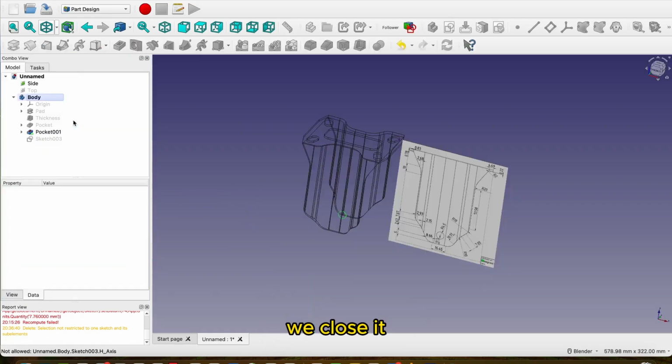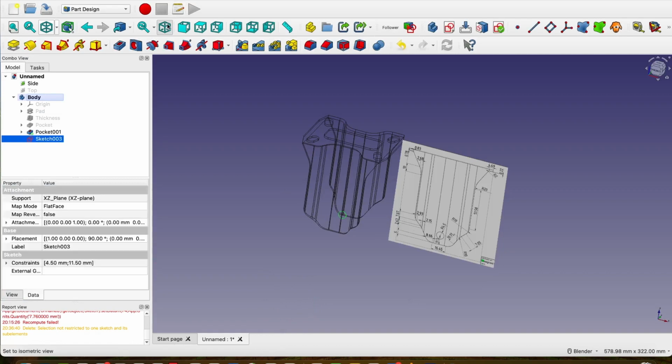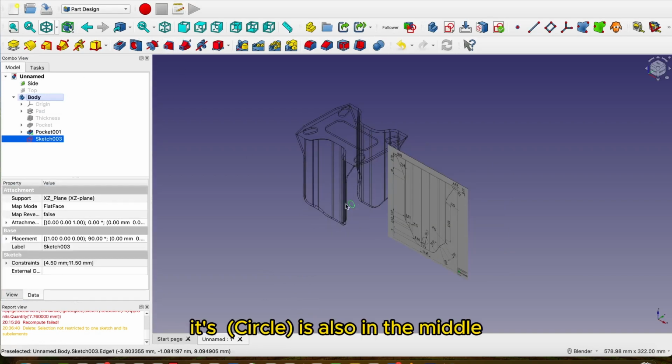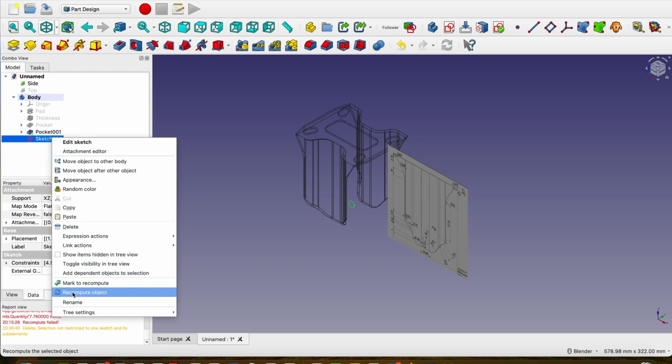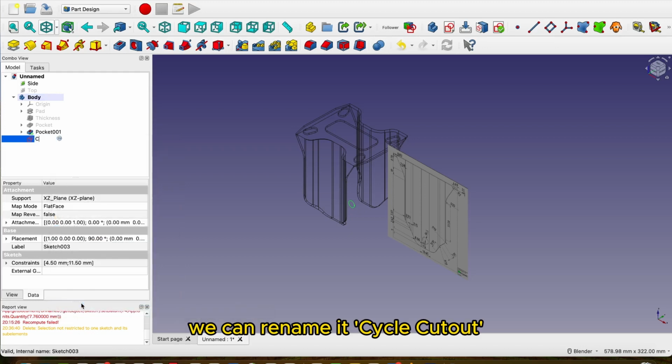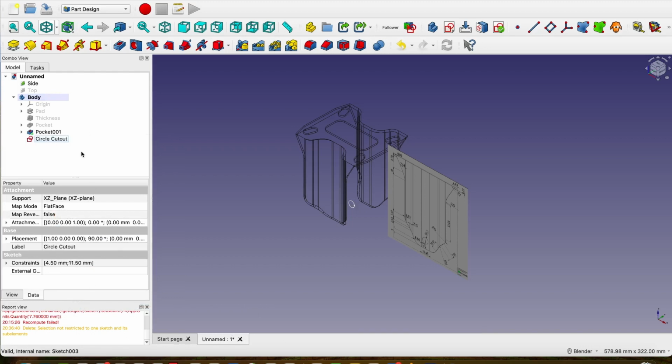We close it. It's also in the middle. We can rename it circle cut out,